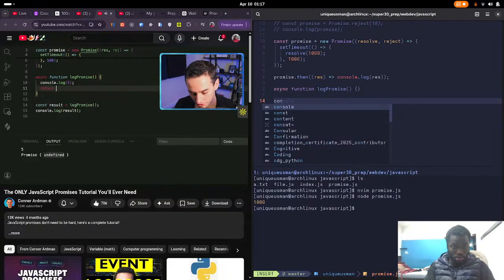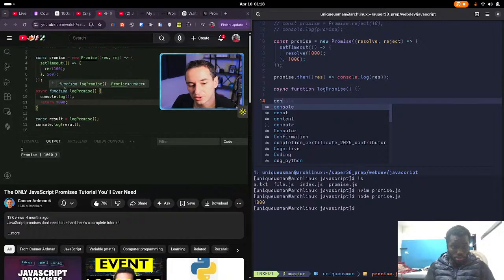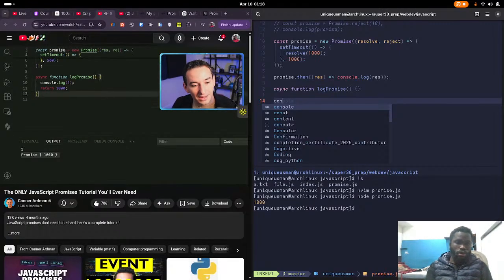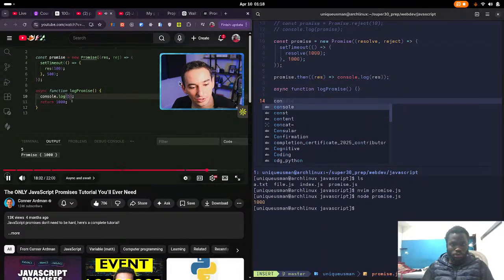But if say we return 1000, you'll see we have a promise of 1000. So essentially this just creates a promise with whatever value you return. But okay, how does this relate to our original promise and dot then? Well, what we can do is we can come back into log promise. What we can do is use